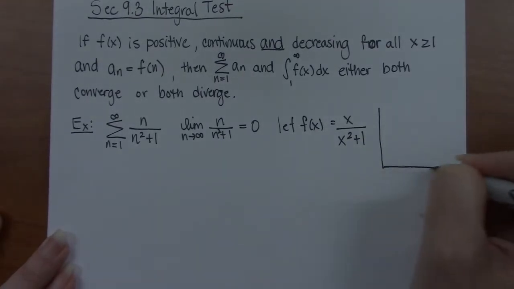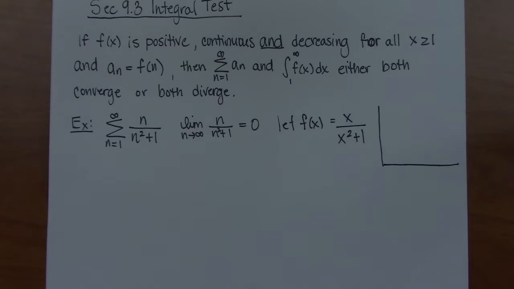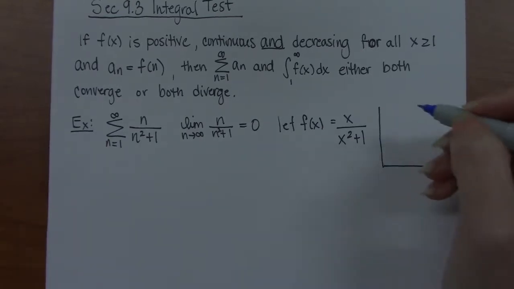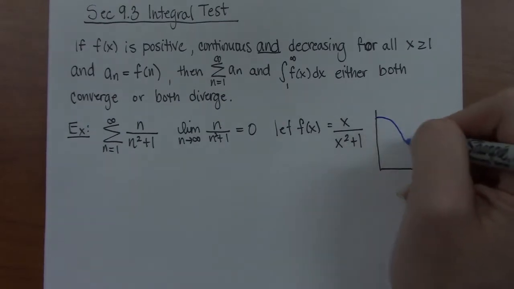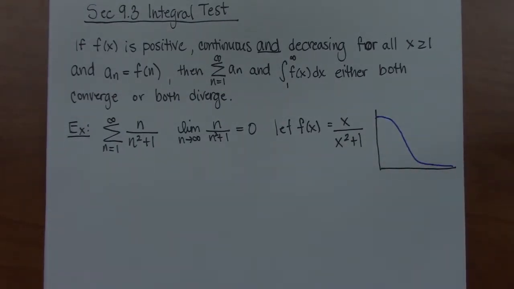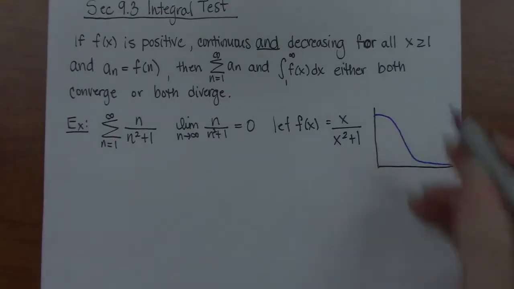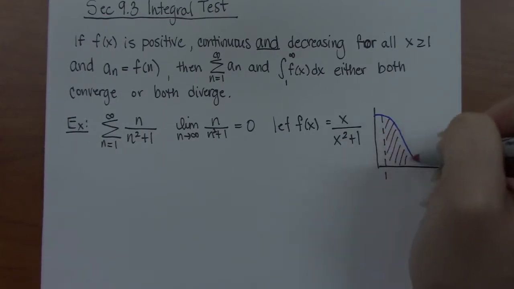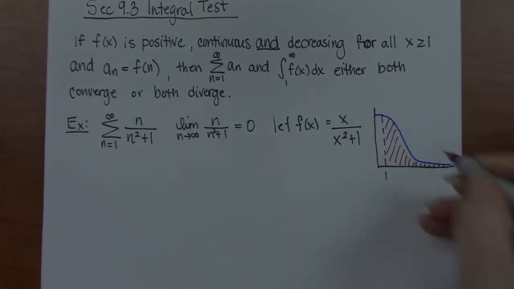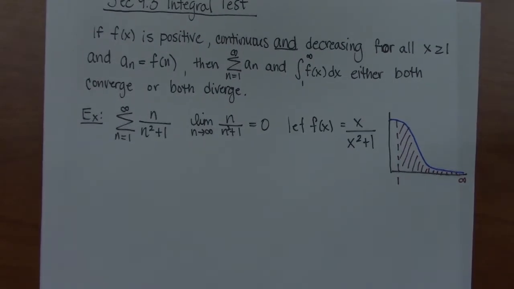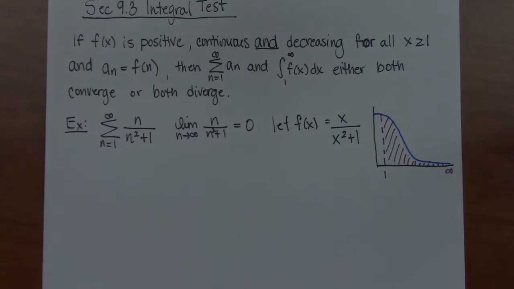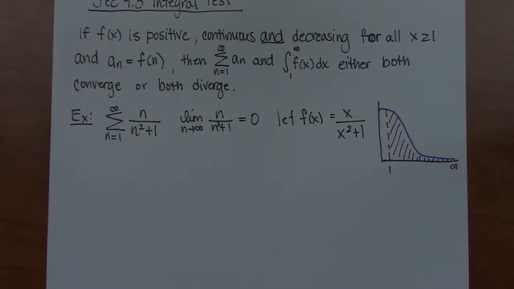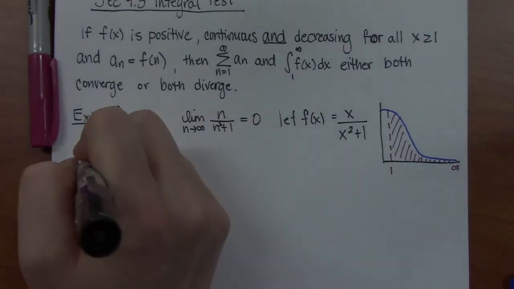And just to give you some context here, I'm going to draw a picture of what this function looks like. So if we integrate from 1 to infinity, the integral is trying to grab all that area. So this is what I mean, you'll always have a tail involved. It'll either be a horizontal or a vertical tail. Now when you're applying the integral test for series, it'll always be a horizontal tail, because we're always taking these out to infinity. All right? So if we set up the integral,